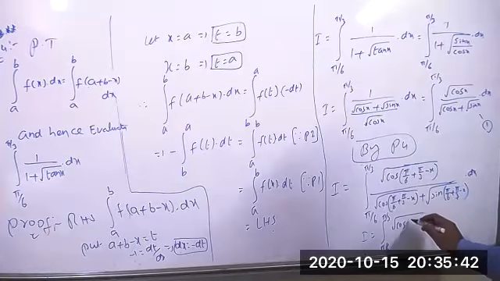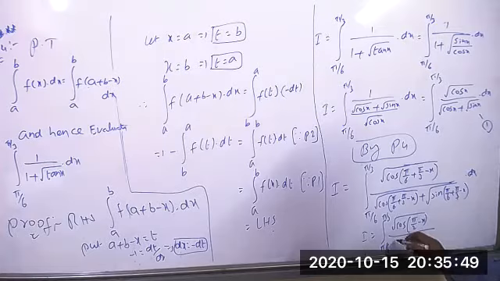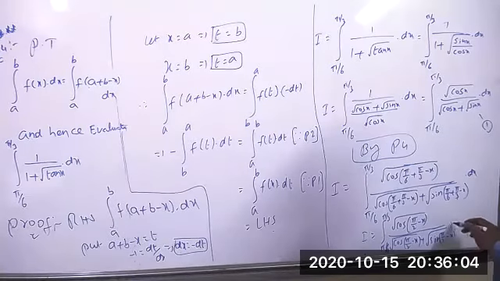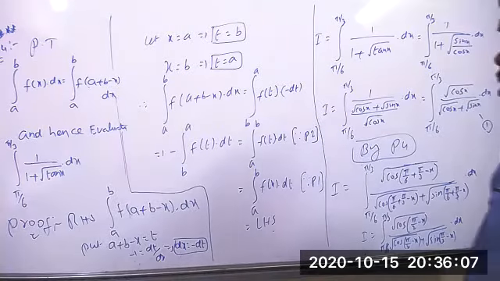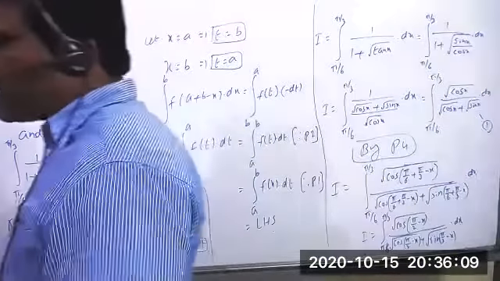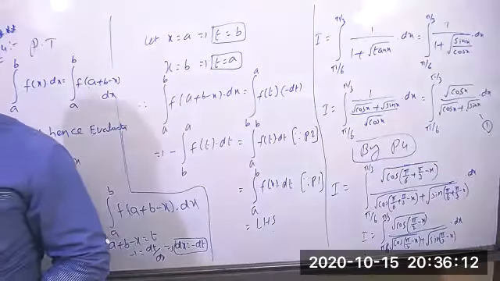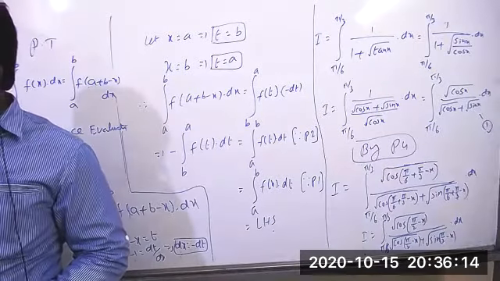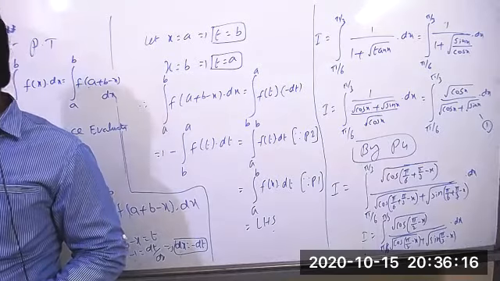3 pi by 6 equals, clearly what you get? This is pi by 2 minus x. Pi by 2 minus x whole by, here also you can write now root of cos of pi by 2 minus x plus root of sine of pi by 2 minus x. If needed separately, you can take LCM and do that. Now we know very well that cos of 90 minus theta equals sin theta, and sin 90 minus theta equals cos theta.